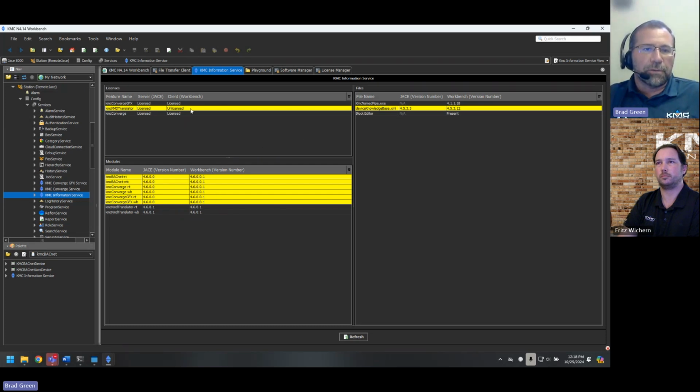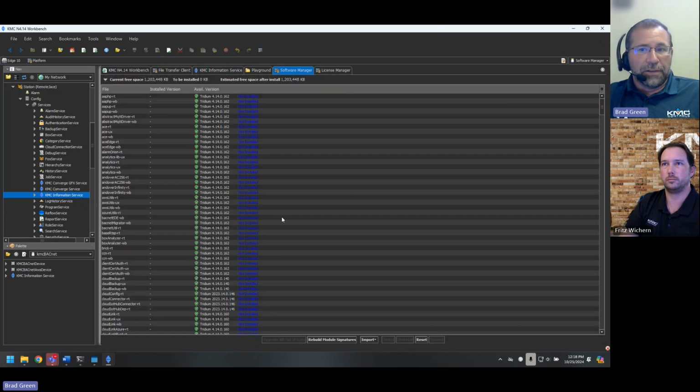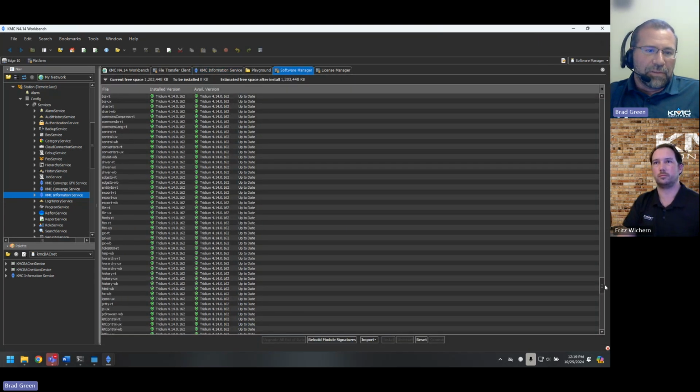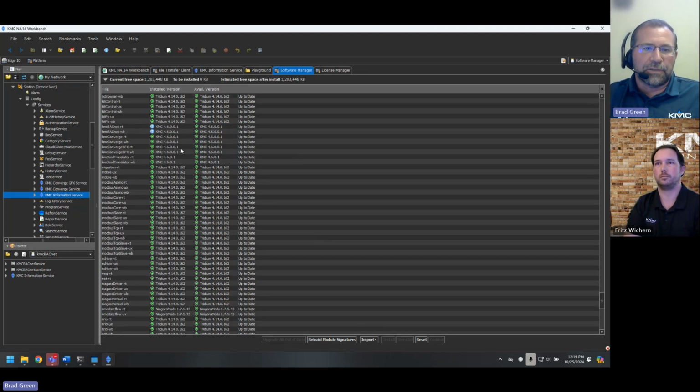If there's a difference between those two, it's going to highlight it for you. So you can see in this JACE here that I have, it has a different version of modules than my Workbench client does. So sometimes that can cause problems with rendering or operation. You might think, I have the latest modules on my machine for Converge, but something's not working the way it should, or if you just drop in this service and open up this view, it'll tell you quickly. You can always get that information from the software manager, by viewing that here as well, and comparing. But sometimes you might not catch if there's a difference. And so highlighting it just makes it a little bit easier to find.